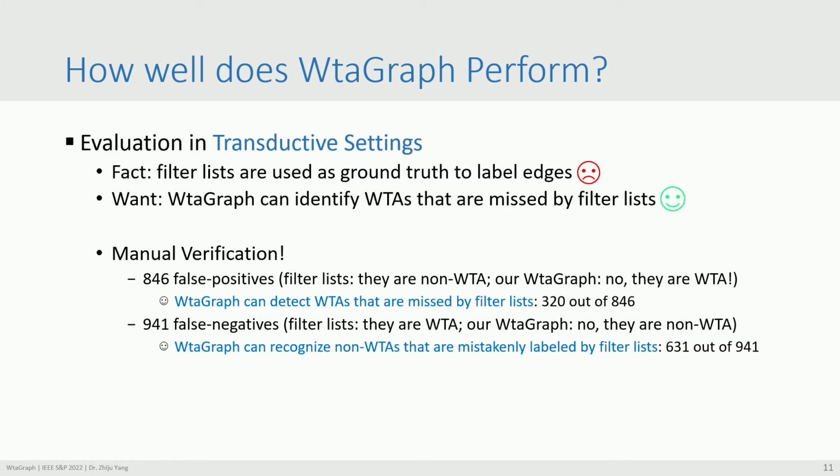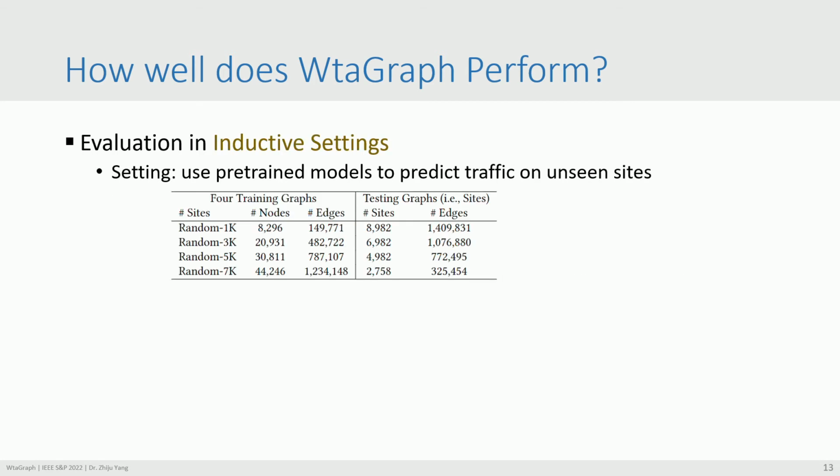So basically here, we have more experiment results in the paper. You can refer to the paper for details. But here, as you can see, indeed, WtaGraph can do more than filter lists. Okay. Continue. Here, recall we have the second setting, which is the inductive setting, which is a more realistic one, where